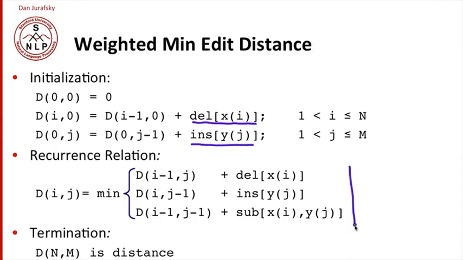up. And similarly, in the recurrence relation, we're going to add a special deletion, insertion, and substitution cost. How much does it cost to delete that particular character, insert that particular character? And then we'll end up with the same termination condition. So we'll just add separate little lookup tables that will tell us what the deletion, insertion, and substitution costs are